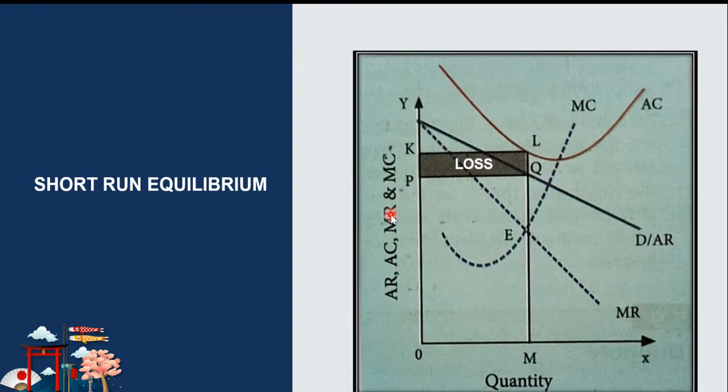Whereas during the long run, the entry of new firms in the industry will wipe out the supernormal profit earned by the existing firms. The entry of the new firms and the exit of loss-making firms will result only in normal profit for the firms in the industry during a long period. And the long run AR curve is more elastic or flatter because plenty of substitutes are available, and hence the firm will earn only normal profit during the long run.